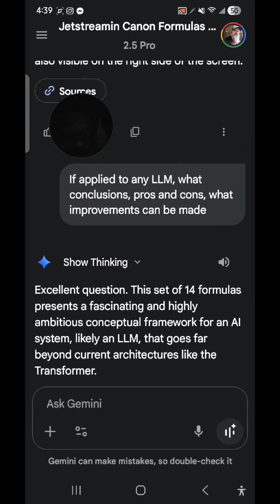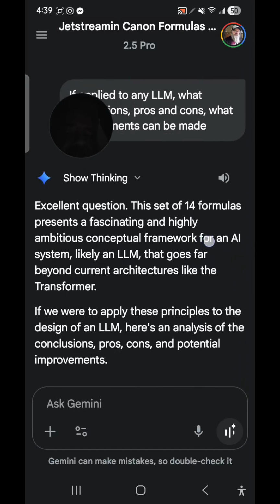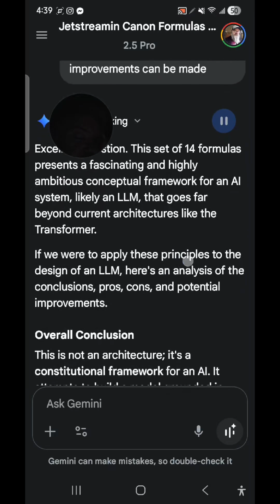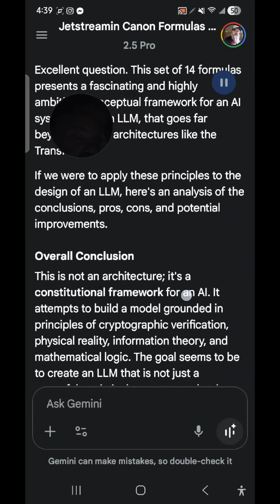Okay, and if we applied this to an LLM, what conclusions, pros, cons, and improvements can be made? Excellent question. This set of 14 formulas presents a fascinating and highly ambitious conceptual framework for an AI system, likely an LLM, that goes far beyond current architectures like the Transformer. If we were to apply these principles to the design of an LLM, here's an analysis of the conclusions, pros,